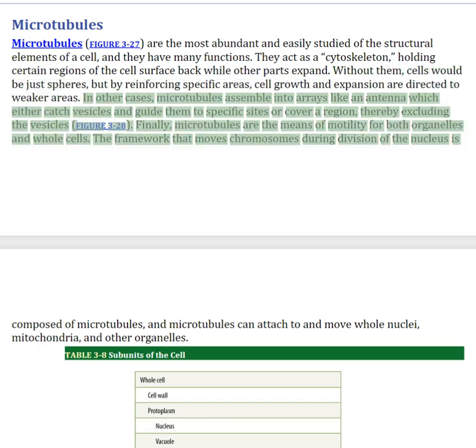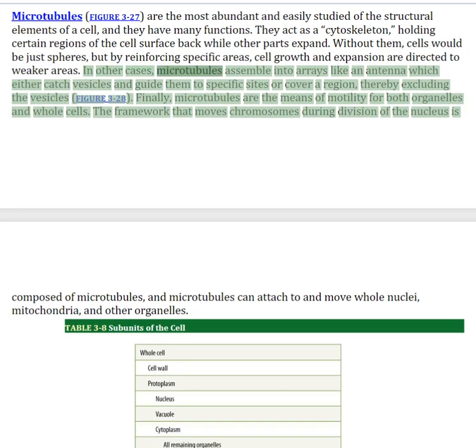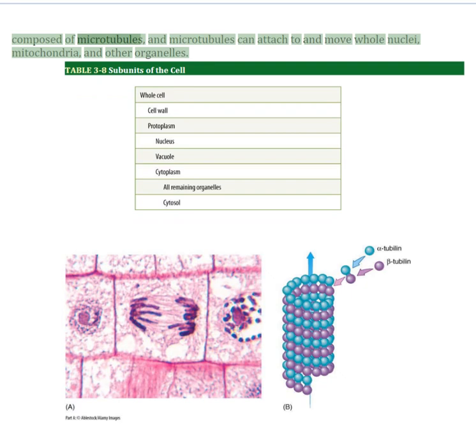areas. In other cases, microtubules assemble into arrays like an antenna which either catch vesicles and guide them to specific sites or cover a region, thereby excluding the vesicles. Finally, microtubules are the means of motility for both organelles and whole cells. The framework that moves chromosomes during division of the nucleus is composed of microtubules, and microtubules can attach to and move whole nuclei, mitochondria, and other